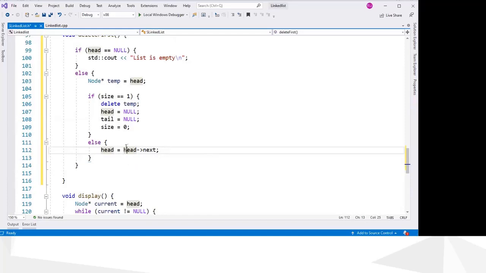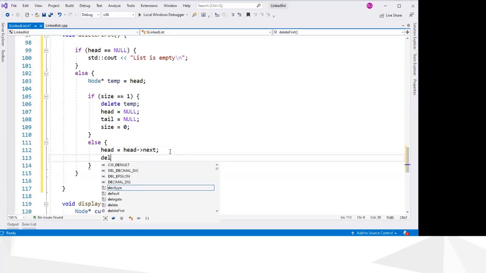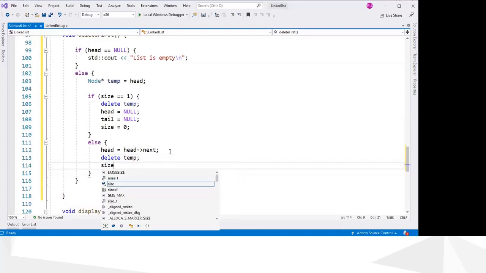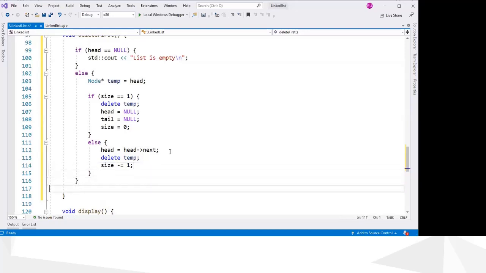So you point this head pointer to the second node, and now you can delete your temp. And after deleting, you have to reduce the size variable by 1. So this is how you can write the delete function.